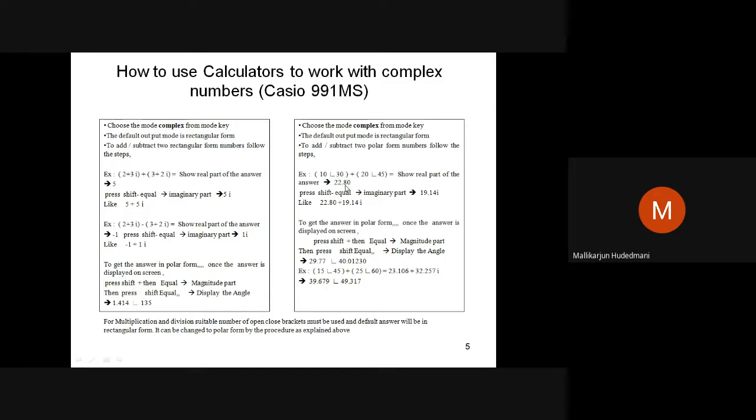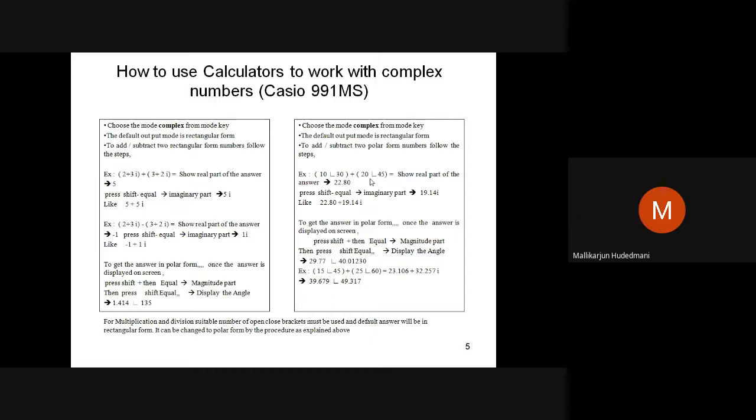Close the bracket. You would like to add a quantity, so plus, open a bracket, another quantity with the angle symbol. The angle need not be plus; it can be minus, anything you would like. The quantity inside the bracket, you place them. Now you are trying to add two quantities which are in polar, but you are very sure that the calculator shows the answer always in rectangular format.